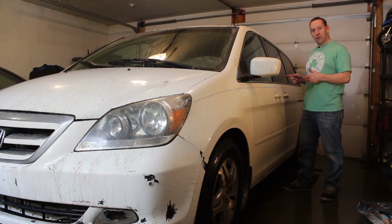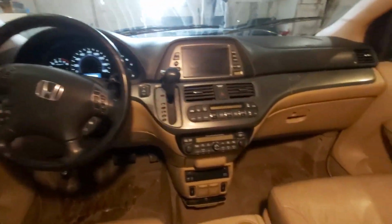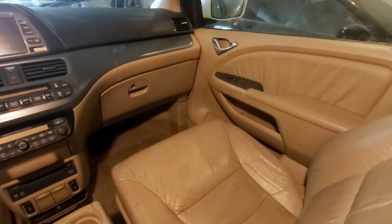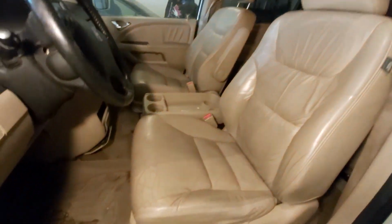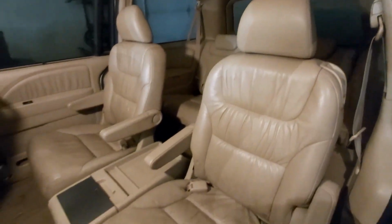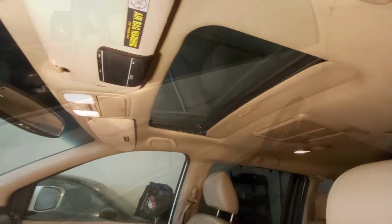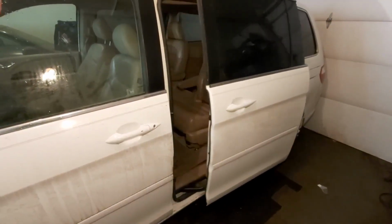This is the touring model, so that means we've got backup camera, DVD, GPS, all the power options, leather, heated seats, AC, hopefully it works. It's freezing cold up here in Canada still, so when we get down to Arizona, we'll really see if that AC works. I've got the sunroof, power sliding doors,